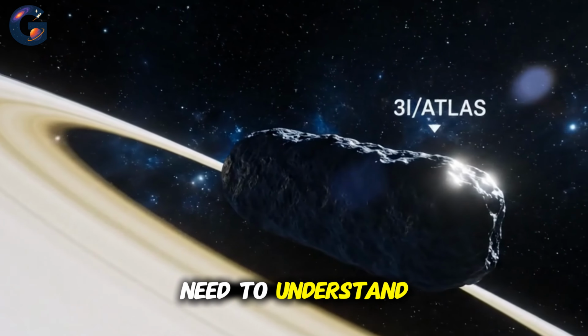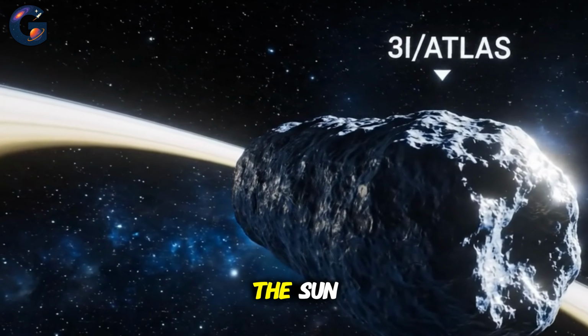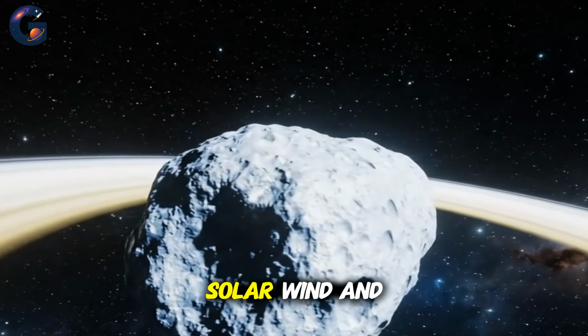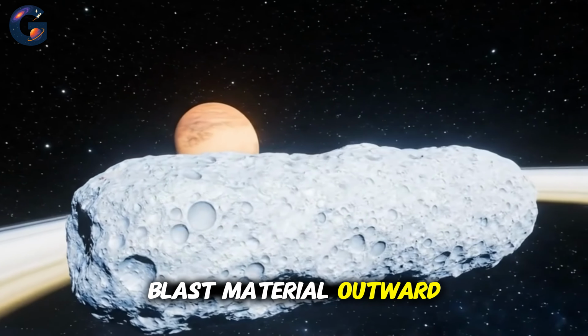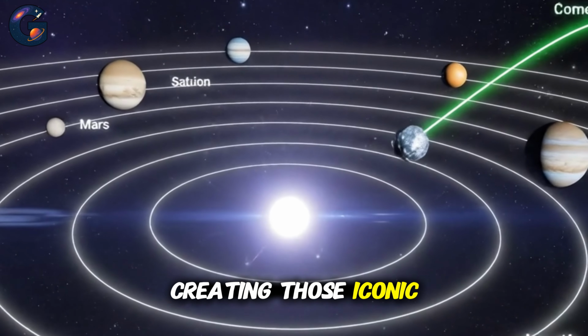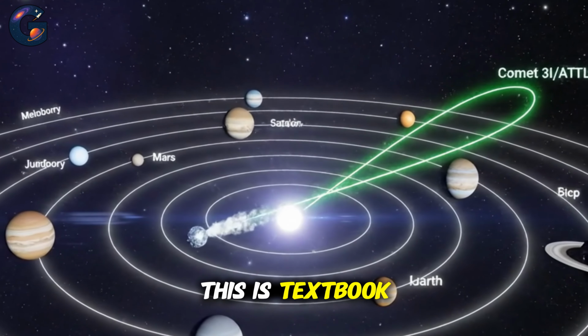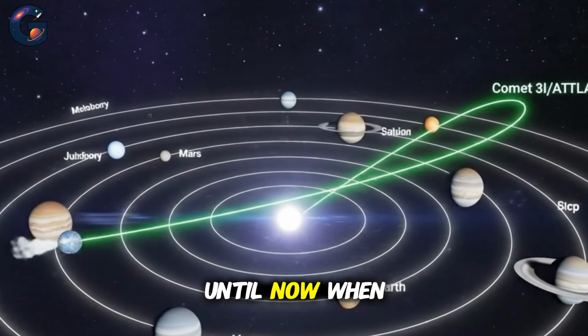Here's what you need to understand about comets. Their tails always point away from the sun. It's not a suggestion. It's physics. Solar wind and radiation pressure blast material outward, creating those iconic streaming tails we've photographed for centuries. This is textbook behavior, the kind of thing that never changes. Until now, when